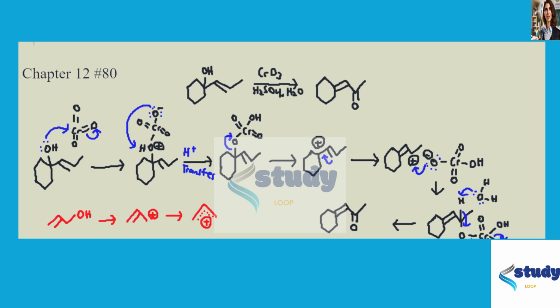And so whenever you see an alcohol next to a double bond, so an allylic alcohol, you should remember that these allylic cations are actually what's going to form. So what I've drawn down here in red. And so remember, when that happens, you may get rearrangement and get products that you wouldn't necessarily expect just from looking at the starting material and looking at, in this example, just a regular oxidation. And so that is the answer to Chapter 12, number